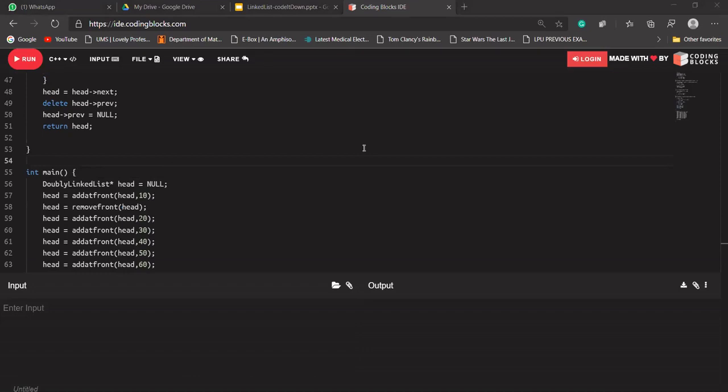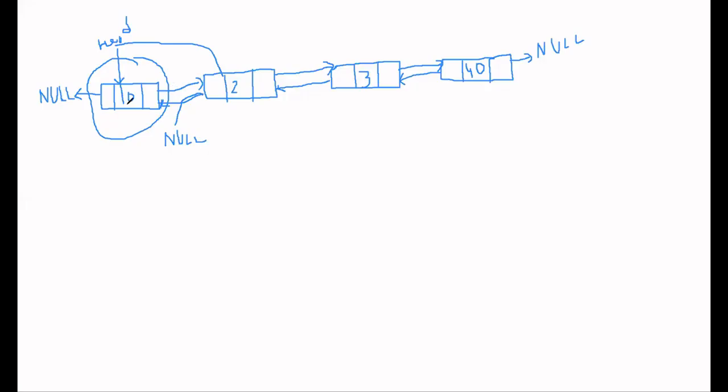Good, Akshat. So let me share my board again. This time, instead of deleting the front node, we want to delete the last node. The last node's next pointer was pointing to a null value.